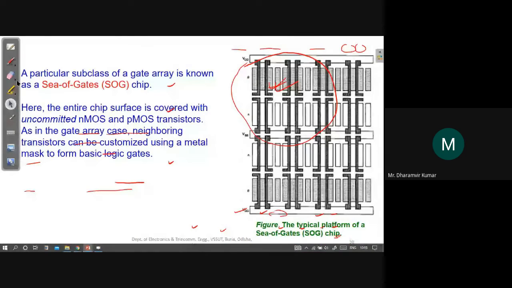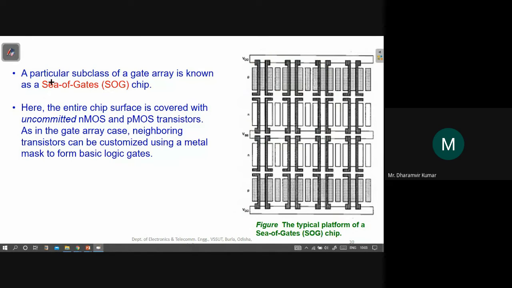Then we have one more type of gate array. One particular subclass of gate array is known as sea of gates. As the name suggests, it will contain a huge number of gates. It will contain only transistors, nothing else.